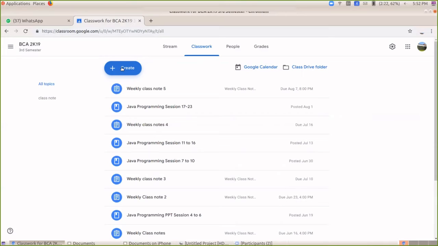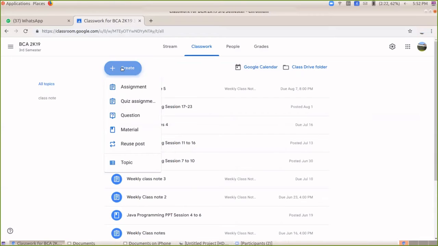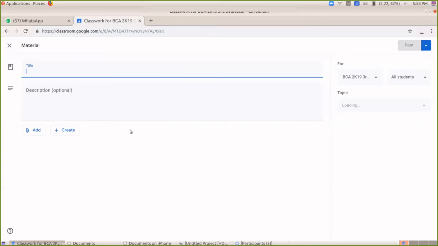For uploading my teaching notes to Google Classroom, I have to click on this particular button. When I click on this button, there are many options over here: assignment, quiz assignment, question, material, reuse post, and topic. In this list of items, I have to select the material menu. When you select the material option, one window will be popping up. There you have to give the title for the